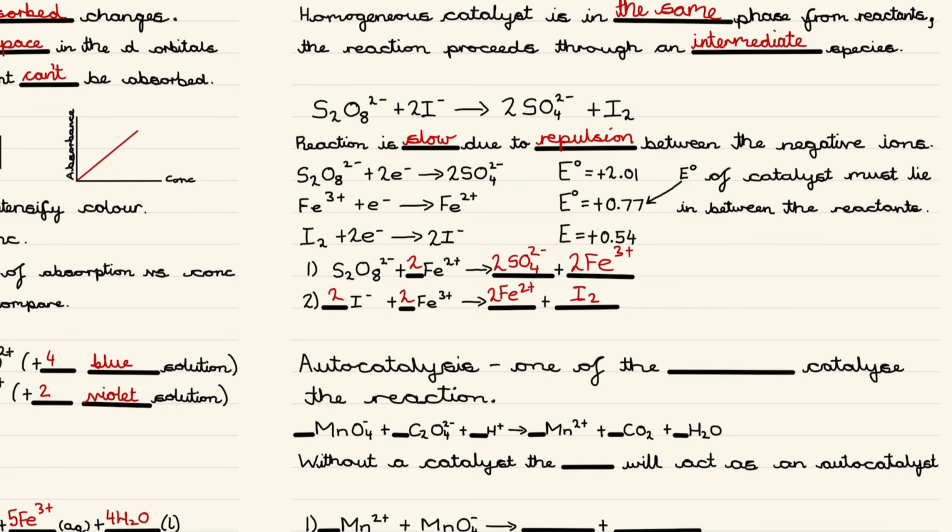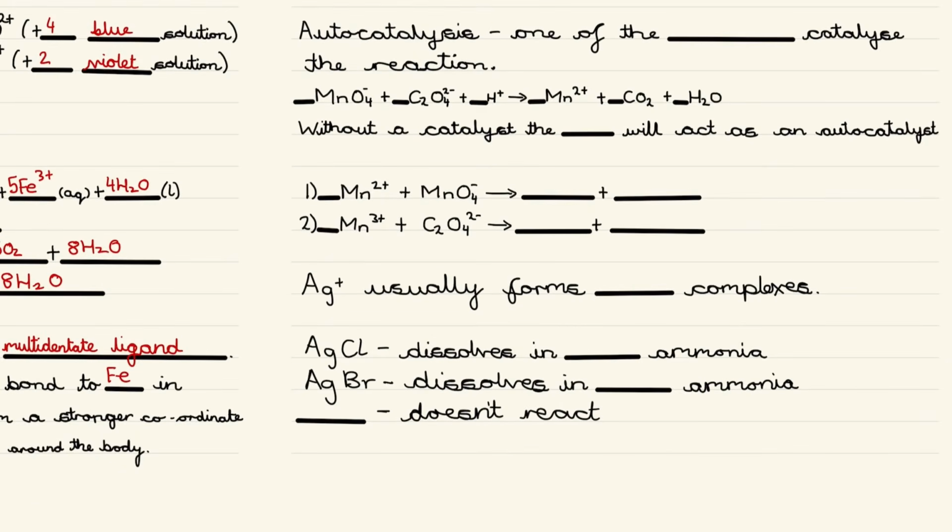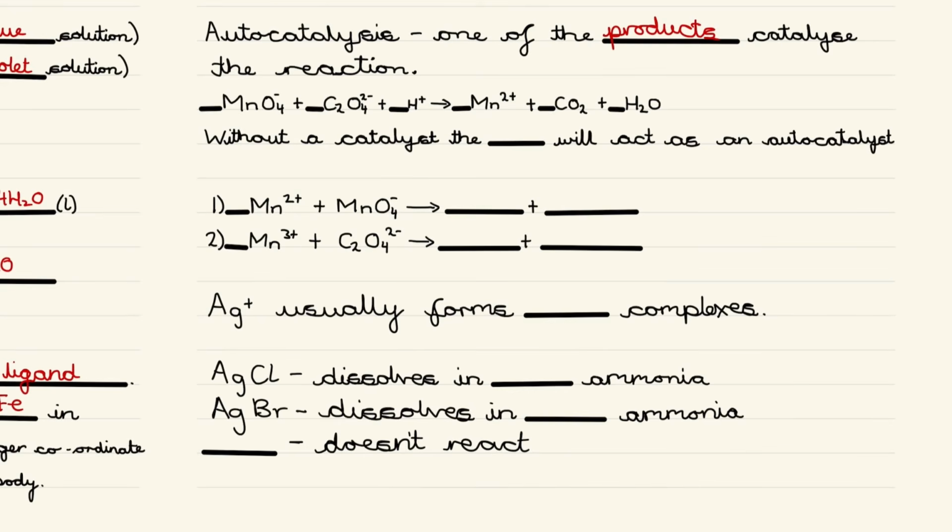Okay, and for the ion to act as a catalyst, its electrode potential has to be in between the other two ions. Okay, so autocatalysis is when one of the products catalyzes the reaction. So an example of this is this reaction here, which is... Now if we don't add another catalyst, the Mn2+ here is going to act as an autocatalyst. So the reactions for that is